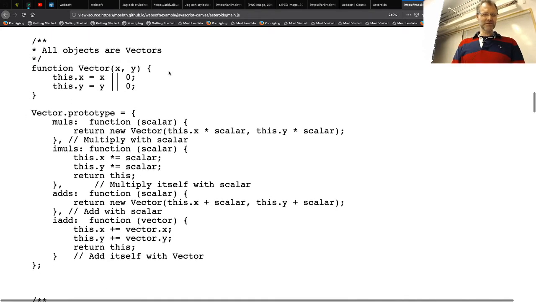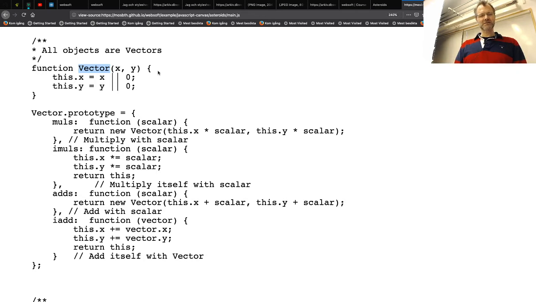Yeah, we're working with vector. Well, we're calling a function a vector. Looks a bit like C++. Does it look like Java? Yes, it's JavaScript. But does it look like Java? Kind of, yeah. So this is one way of writing a tiny, roughly object-oriented way of writing JavaScript, but it's not really called that. And